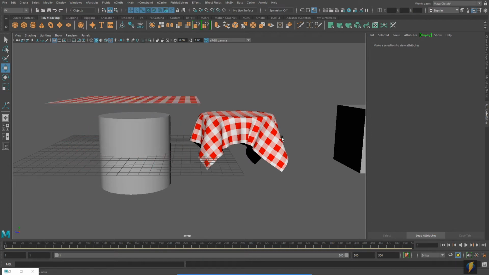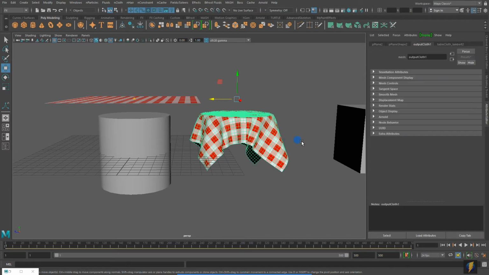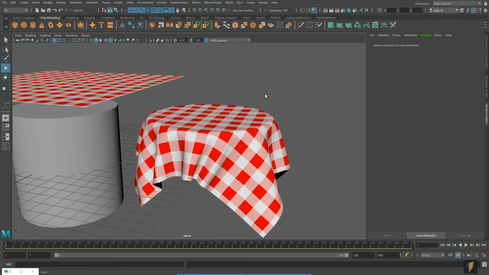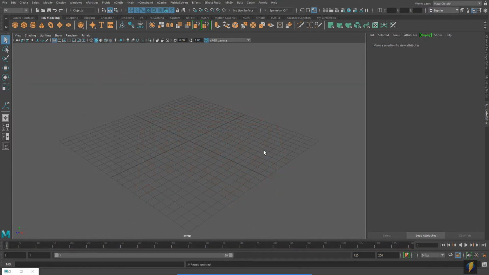But this could be a convenient modeling tool for, let's say, if you're creating a scene, a cafe type scene, and you don't necessarily need to have these nCloth simulations going on. You simply need to create the scene here. This would be a very convenient way to model a tablecloth. Let's take a look at another example